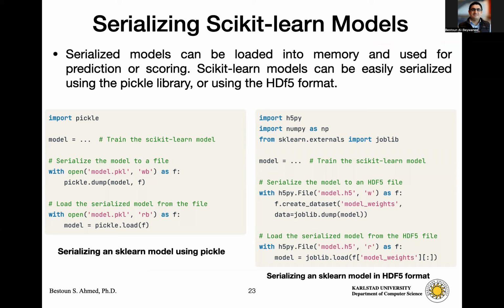Let's look at, for example, serialization in Python, how we do this. This can be loaded into memory and used for prediction or scoring or whatever. Most of them are used through scikit-learn. These models can be easily serialized when you are in scikit-learn. For example, you import